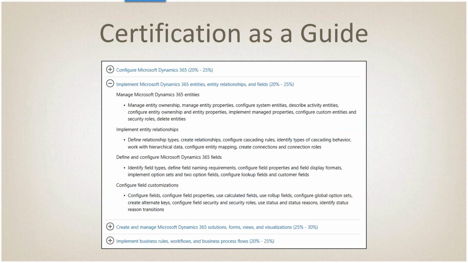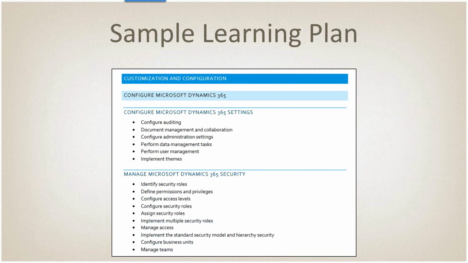Then each one of those has a specific thing that they're testing on underneath that. This is where you get your list of things to know. And then you can turn it into something like this. I'll be sending this out. I've got to finish grabbing all the information, but I'm going to pull it off the website and put it into a Word document like you see here and email it to everybody, a link to it, when I get all the show notes done. It's probably on Monday, so don't expect it before then, please. If it happens, it happens. But if not, it depends on my weekend.